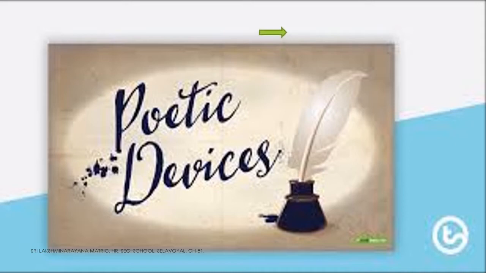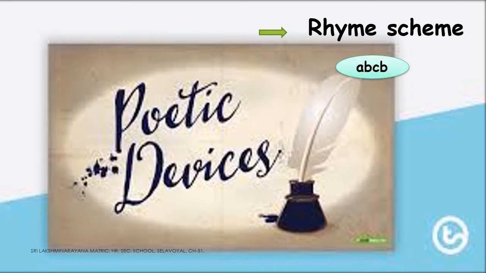The first one is rhyme scheme. Rhyme means a poem or a verse. Rhyme is a repetition of the same sound in two or more words. Therefore, rhyme scheme is a rhyming pattern that is created at the end of lines of the poetry. So, the rhyme scheme of this poem, The Comet, is A, B, C, B. So, the next poetic device is